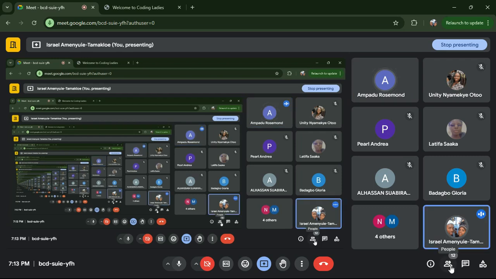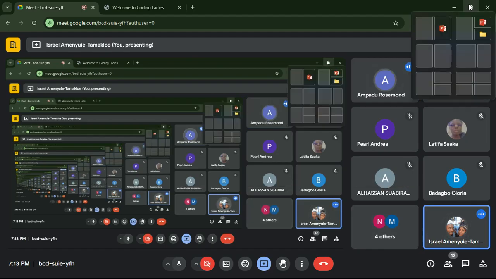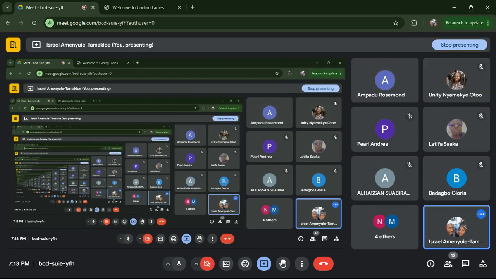Session, we were introduced to HTML. So I want to give an overview of what we learned during our last session. Then, if you have any challenge, we address that. Then we continue with today's session. Alright,